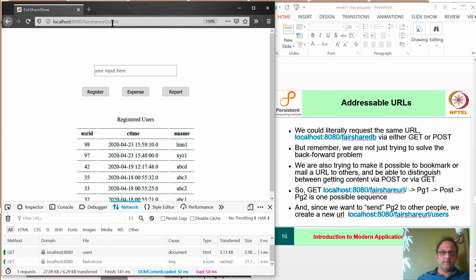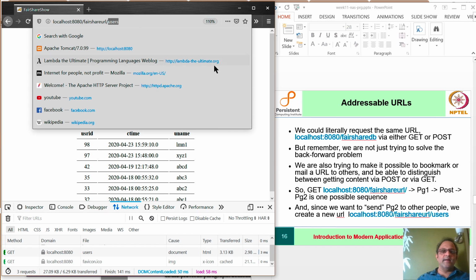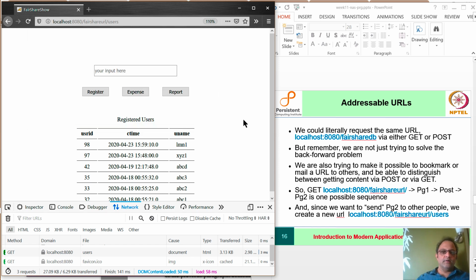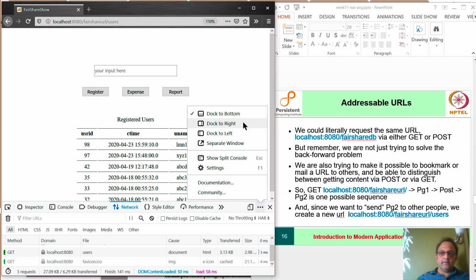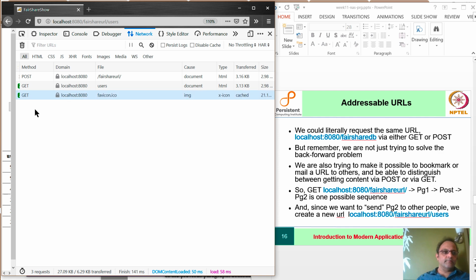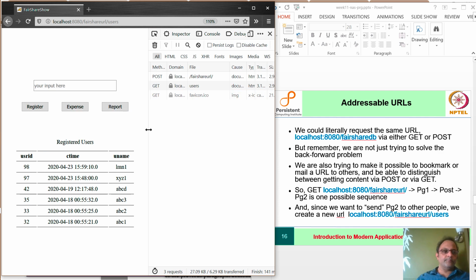But one difference you will notice, the URL has changed to add a new URI component called users, and the requests look like this. Here are the requests.